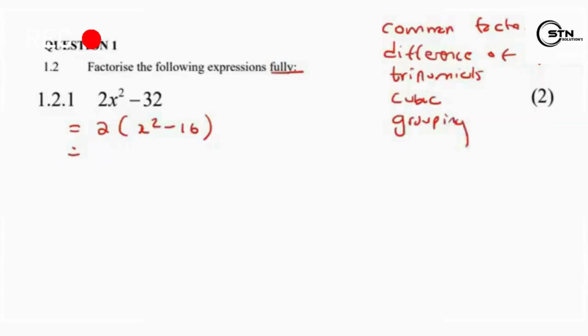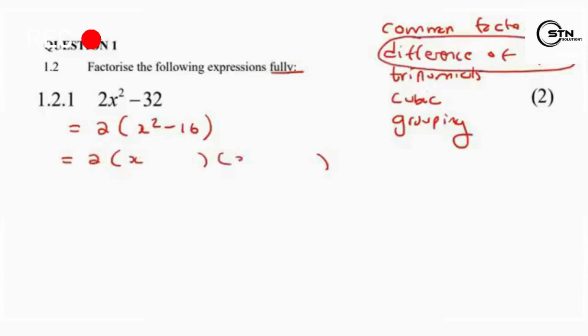You know, there's all these different factorizing techniques. Now, if you look carefully here, we've got 2 terms separated with a minus, and this one is a perfect square, x times x, and this one is a perfect square, 4 times 4. And so we can then break that up into 2 brackets because it's a difference of squares, and so we can say x and x, 4 and 4,